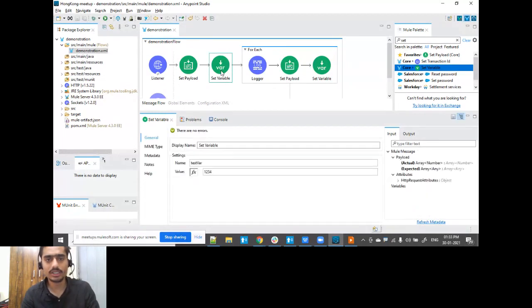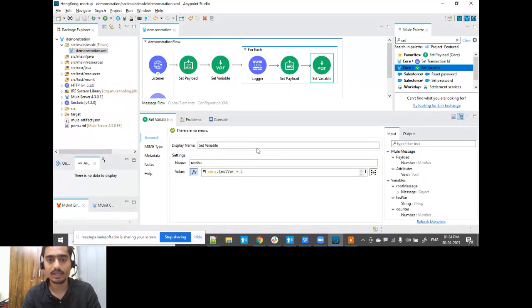To keep it more logical, let me start with the initial value to be 0, so that it gives me the total number of records. So within for each, I'm just modifying the entire thing. Let me also create a copy of this entire logger to re-evaluate what my payload is after the modification is done.